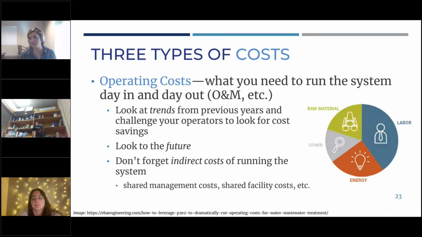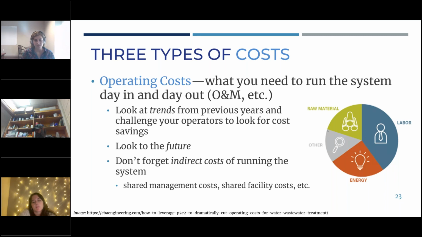Basically understanding what the costs have been over time at your system and using that as an ability to project changes. So if your costs increased 3% over the last 3 years, then that might be a good baseline for predicting how your costs might change in the future. It's also a good opportunity to look line by line at where you're spending money at your utility and identify if there might be opportunities to save money. Maybe it's energy efficiency, right? Maybe you're using a lot of energy within your wastewater treatment plant and there are opportunities to identify areas where you could save money if you're doing a new capital project going forward.